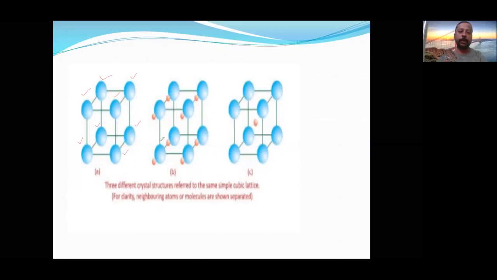Understood? Now it is not necessary that only one type of lattice point is present. There can be other types of lattice points also present, like this edge center. This is the edge, this is the edge center, and this is the body center. We are going to have a clear diagram. So unit cells are further divided depending on the location of the lattice point within the crystal.